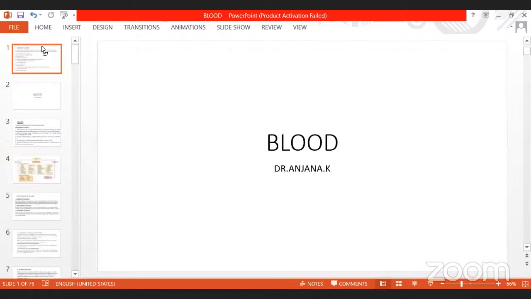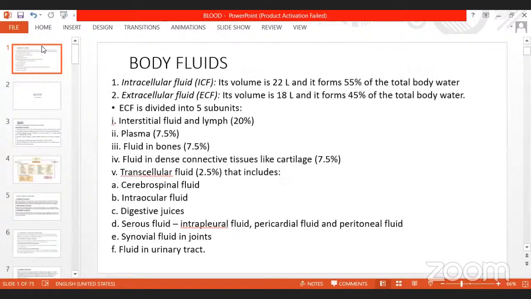And this extracellular fluid is divided again into 5 subunits, that is interstitial fluid and lymph of 20%, plasma of around 7.5%, fluid inside the bones, again around 7.5%, fluid in dense connective tissues like cartilages, again 7.5%, and transcellular fluid of 2.5%. The transcellular fluid, which includes cerebrospinal fluid, intraocular fluid, and digestive juices, serous fluid, that is the fluid between the